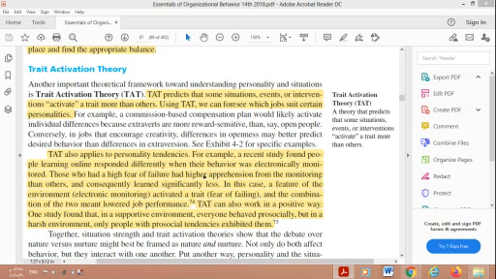Trait activation theory can also work in a positive way. One study found that in a supportive environment everyone behaved pro-socially, but in a harsh environment only people with pro-social